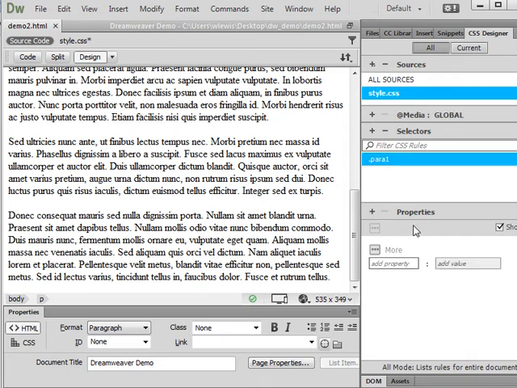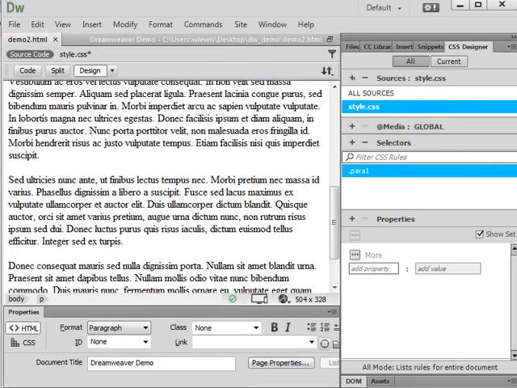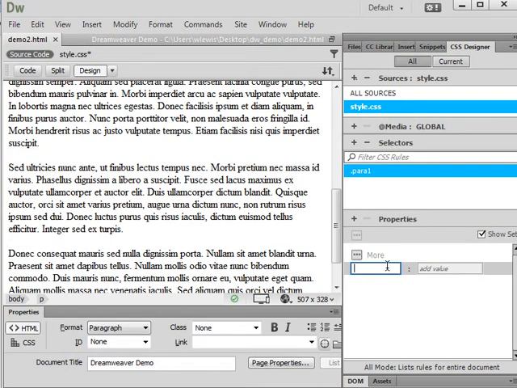And when I hit enter, my properties panel now populates. Now I can add my properties and values in here by simply typing them. If I don't know the ones that I want by heart, I'm going to have to probably pull these down from a menu. So